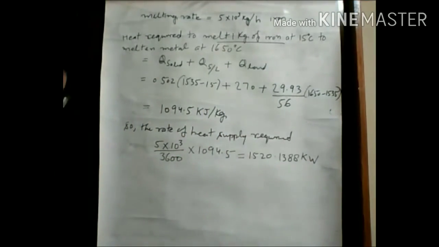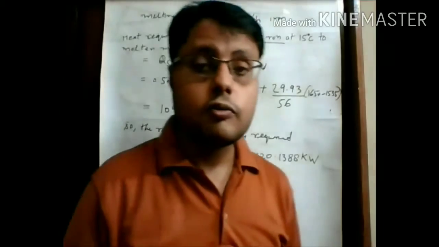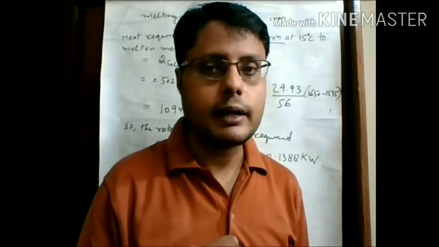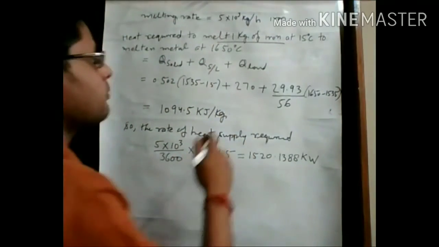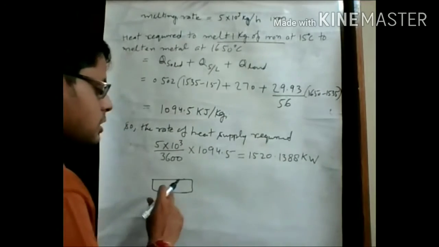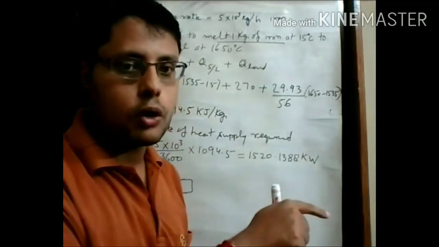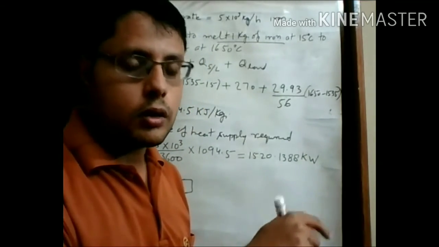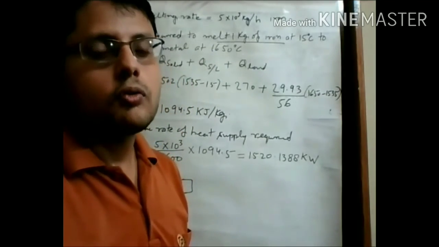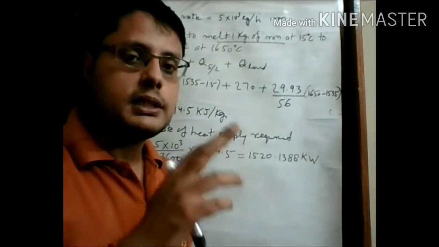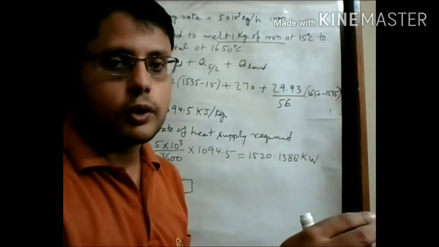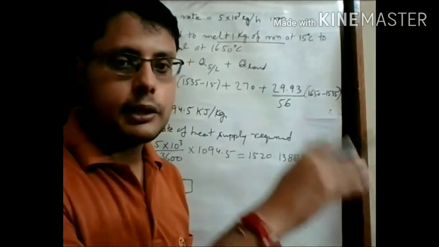Another thing given in this problem is that the furnace efficiency is 70%. That means if this is a furnace which gives heat to this iron block, what is the role of the furnace? The furnace produces heat and supplies it to the iron block for processing this whole phenomenon, from 15 degrees centigrade to 1650